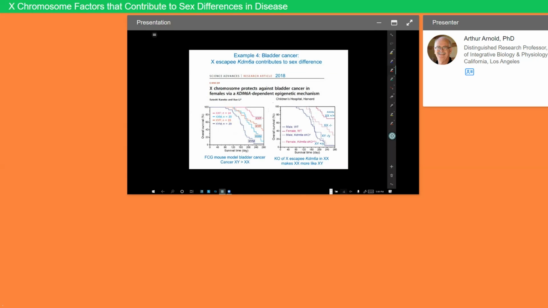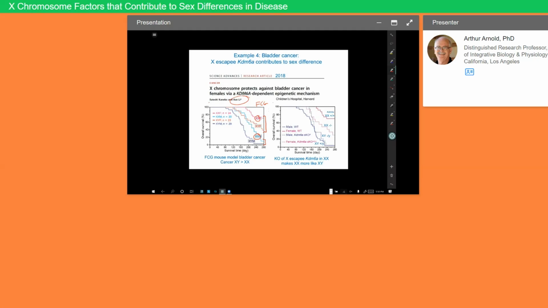Another example is a KDM6A effect on bladder cancer in the laboratory of Sean Lee, who was at this time at Harvard. And in this case, a drug is injected into animals that induces bladder cancer and reduces survival. And in the four core genotypes experiment, the female groups, that is the animals with ovaries, live longer than the male groups, showing a hormonal effect. But in addition, in both sexes, the XX animals do better than the XY animals, and they live longer,